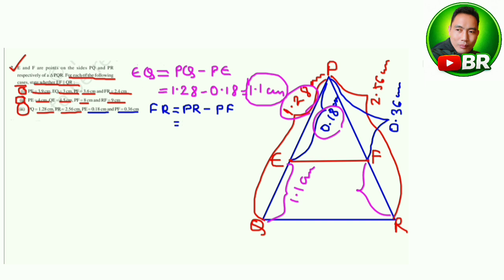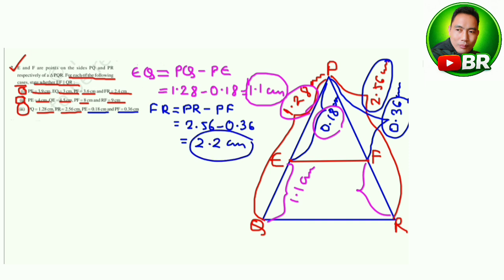PR equal to we have 2.56 minus PF equal to we have 0.36, and after subtracting here we obtain FR will be 2.2 centimeter. Okay, now let's find the ratio of side PQ, and we can write